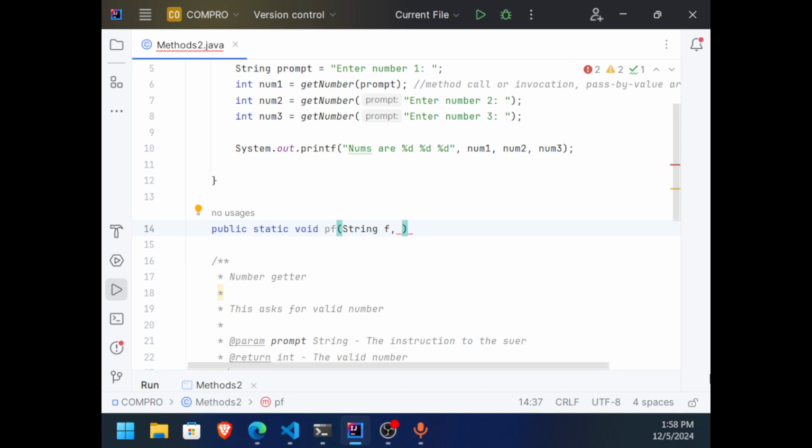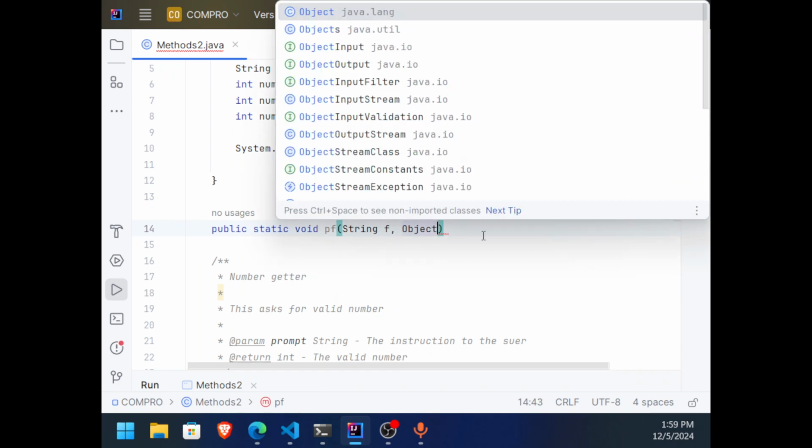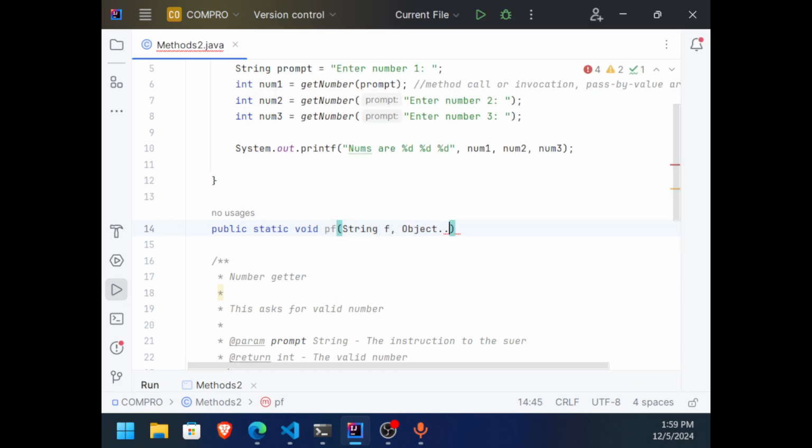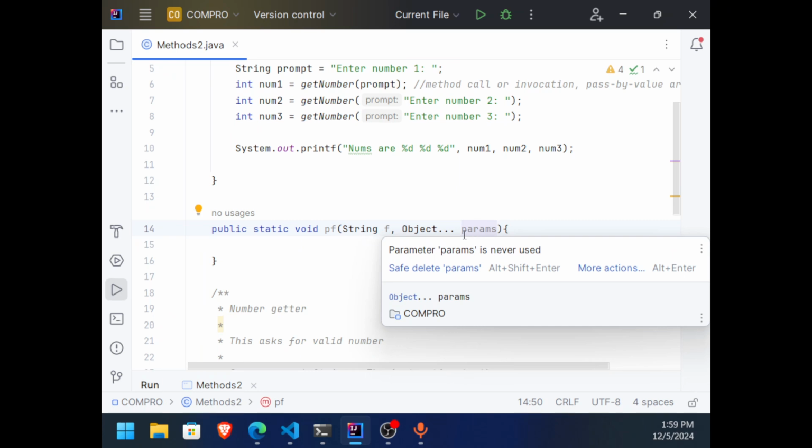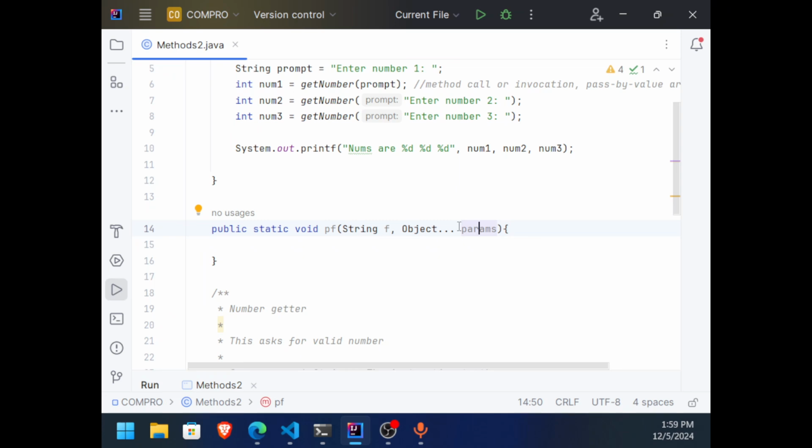This will be a challenge for us because this could be a variable length. By the way, there is something like this in Java, Object like this. But I'm not going to do that right now. I'm just going to introduce this to you later on. This one is basically a variable number of parameters, meaning you can place any number of parameters in there. But I'm not going to do that.